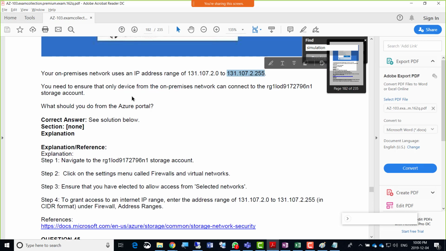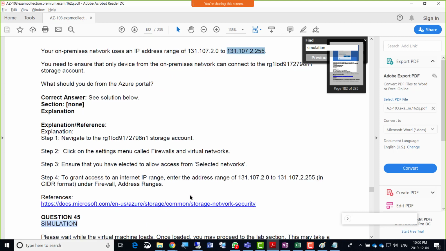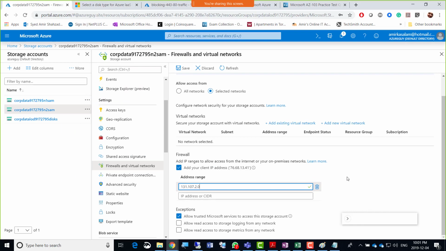So on-premises network. Either we can just give one range. So it says here, to grant access to an internet IP range, enter the address range of 2.0.2 in CIDR format under firewall address range. So up to this, it should be 2.0 to 255. We can just go for slash, right, CIDR.